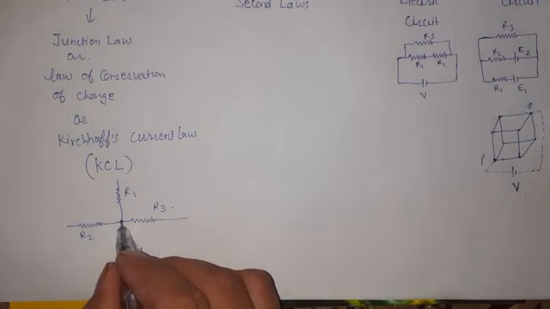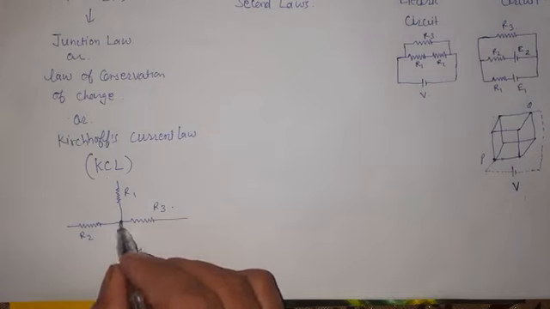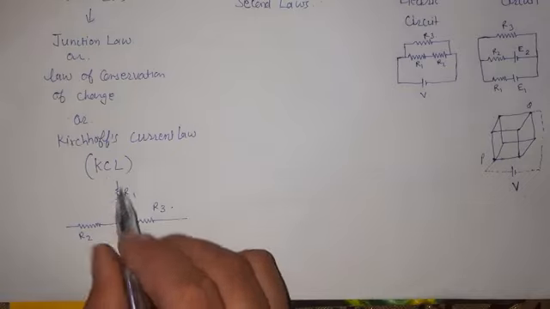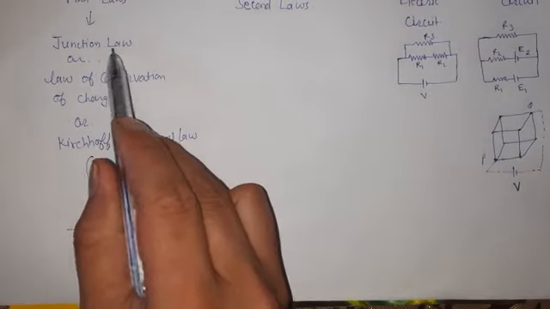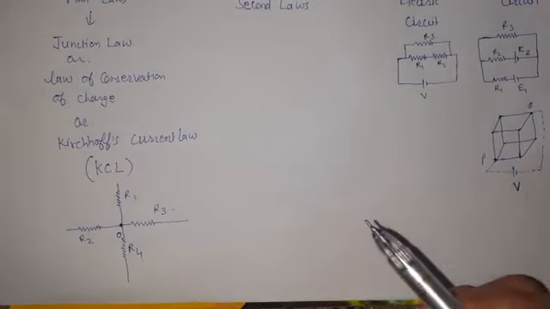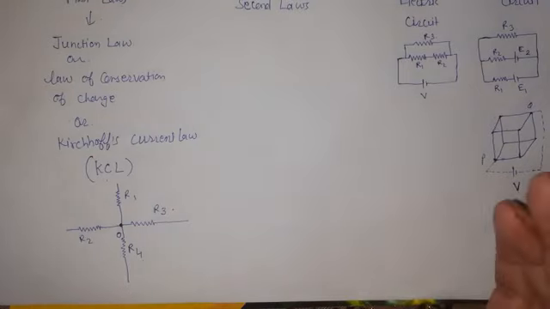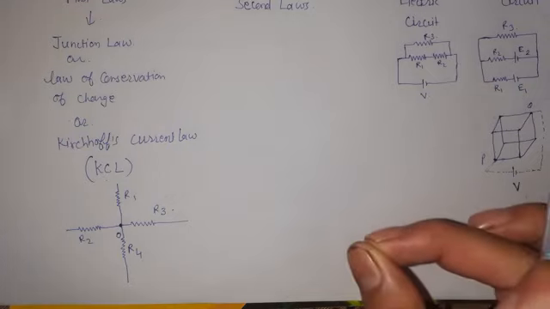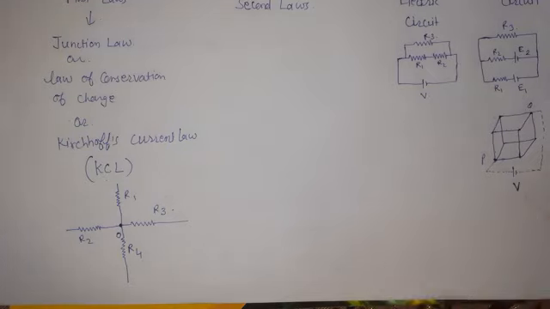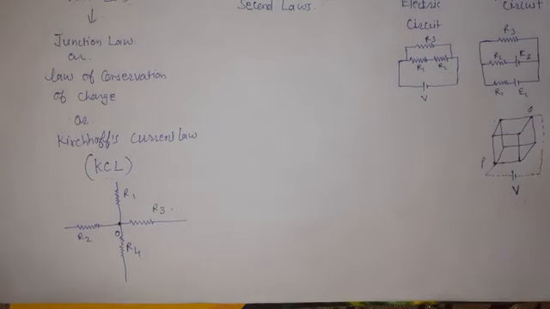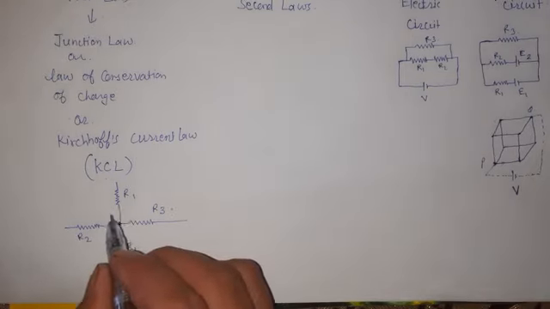दूसरे के साथ मिलती हैं, मीट करती हैं। ठीक है, तो इसलिए इस पॉइंट को जंक्शन बोला गया है। इसीलिए हमारे पास यह जंक्शन लॉ बनने वाला है। ठीक है, तो इम्पॉर्टेंट है टू अंडरस्टैंड दैट ऐसा पॉइंट जहाँ पर दो या दो से ज़्यादा वायर एक दूसरे के साथ मीट करती हों, वो पॉइंट हमारे पास जंक्शन बनता है।